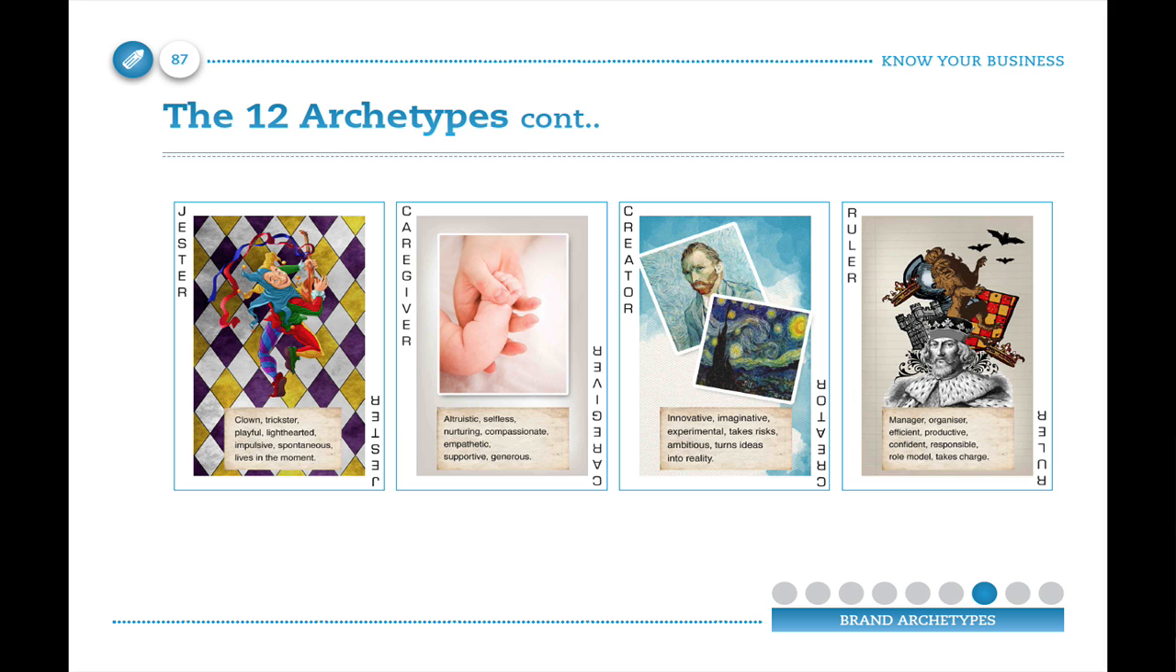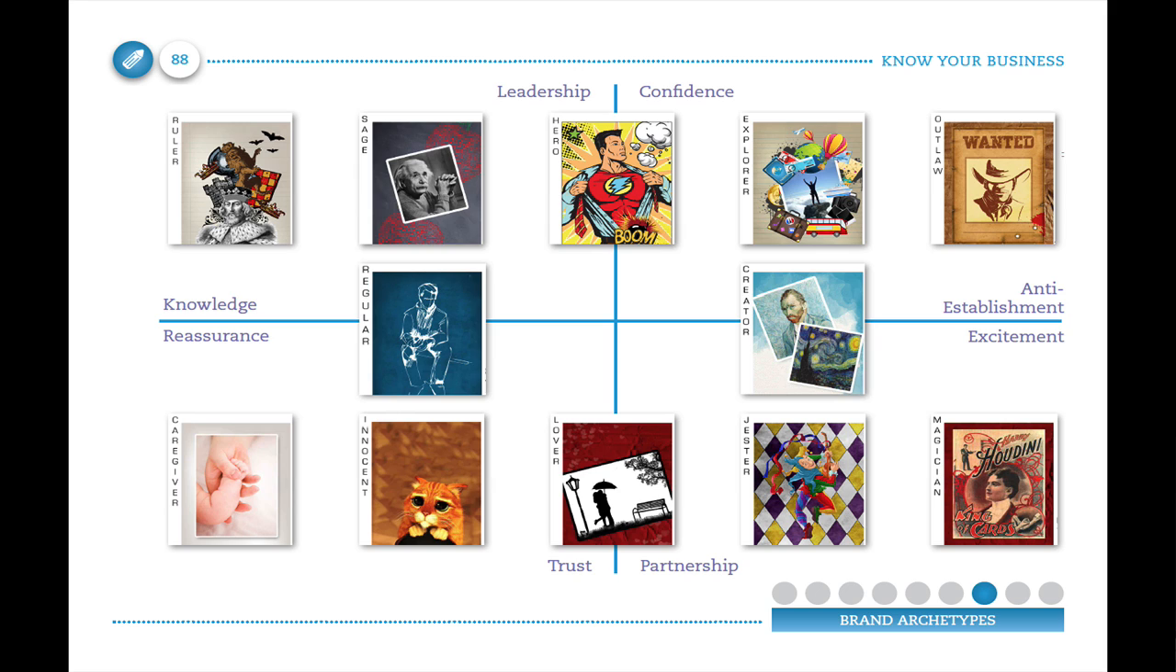So you have the creator and the magician often work together. And then the ruler, so Microsoft, a classic ruler brand, or brands that rise to the top of the category and lead the way. So they're the 12 archetypes, and what we've done and what's interesting about it is the